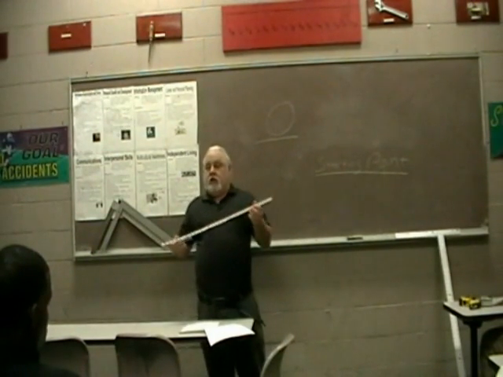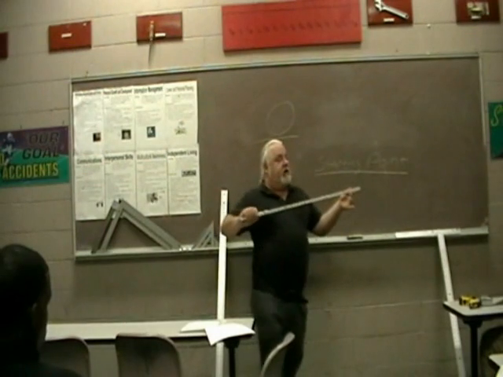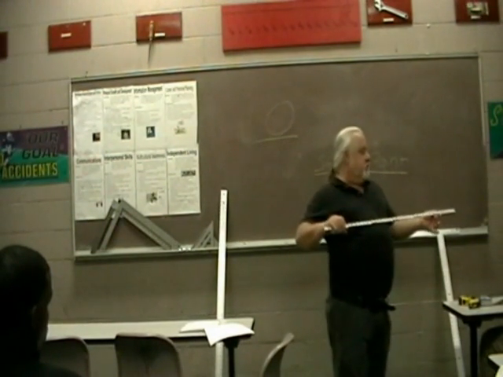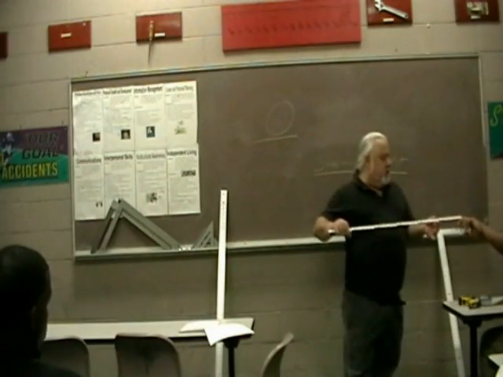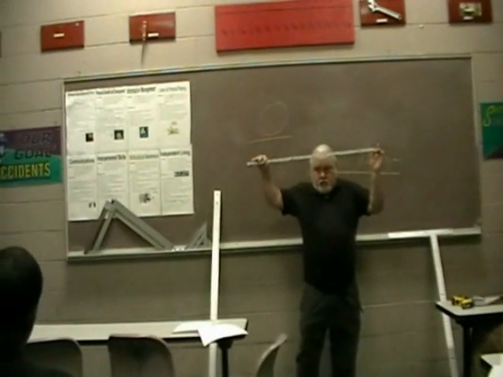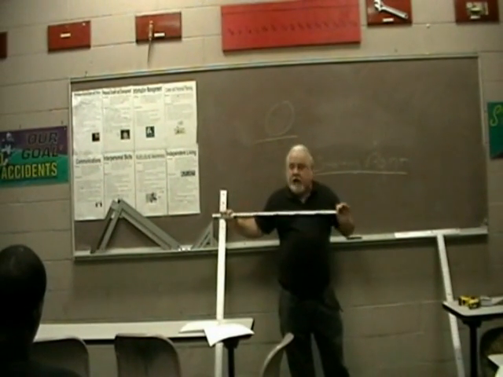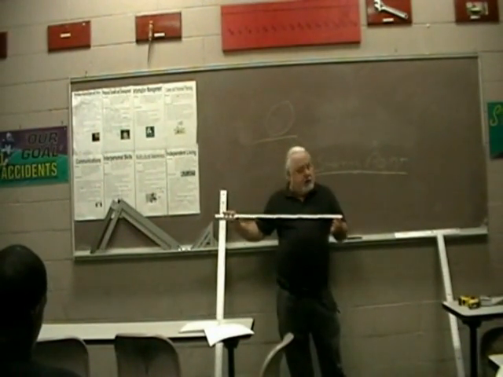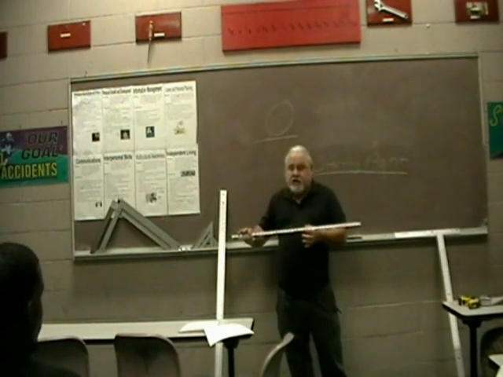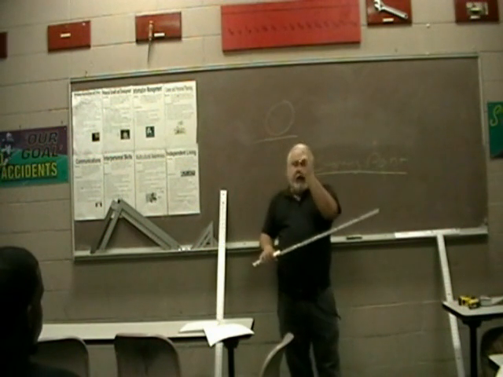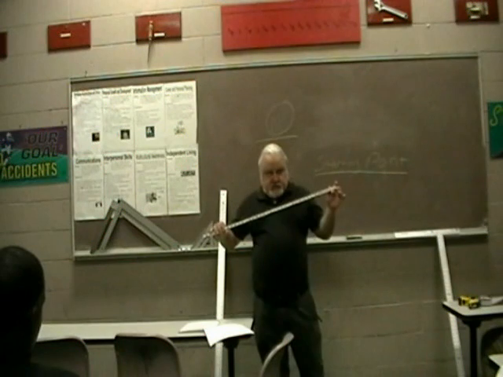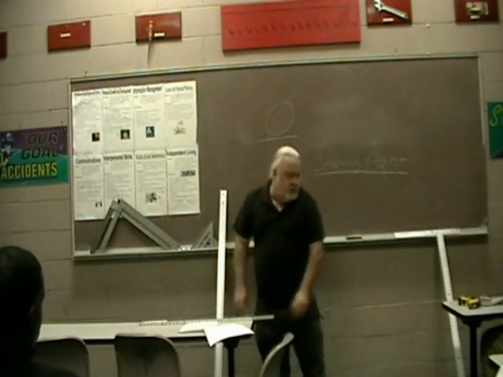This is a ruler. It only has one 0 point on it. Who knows where that is? Can you point to it? Take your pencil and point to it for me. The very end of it. The very end of this ruler, where it starts. After this, we've got all kinds of other points on here. We've got 1 inch, 2 inch, 3 inch, 4 inch. We've got fractions of an inch. But we only have one starting point, and that's right here.